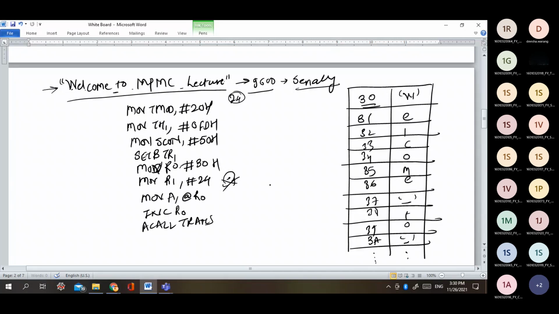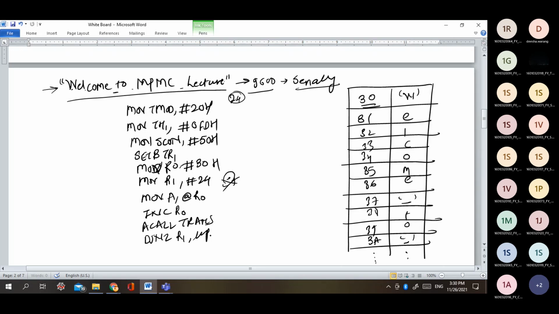ACALL this particular routine if we go for transmission, and once we transmit a single character then we will decrement the count. Are you getting it? Once I transmit one character then we will decrement the count, so that's why I just said DJNZ here. Okay, now the count is in R1, so I will say R1 and then let's suppose UP, and now that UP will come at